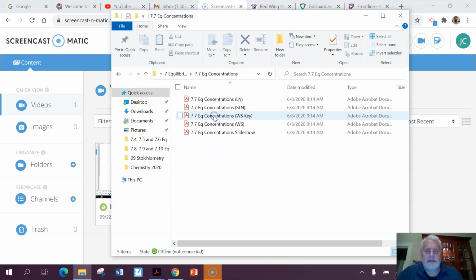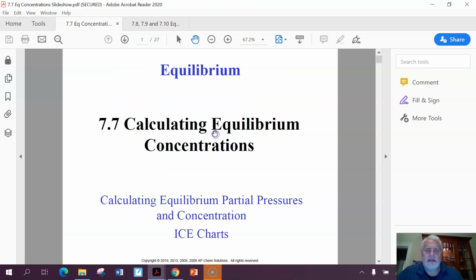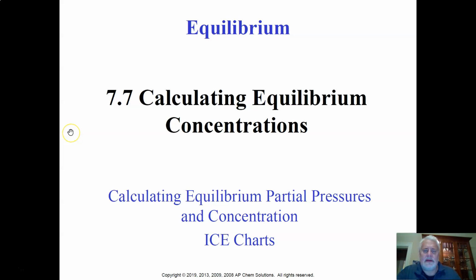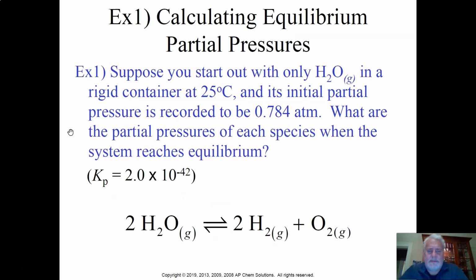big idea. So let's go ahead and go to the slideshow for this one, and it's calculating equilibrium constants, but at a little bit higher level. And I think you're going to see what I mean today. Brand new tool that we're going to teach you that is very, very beneficial in doing problems like this. So here you have